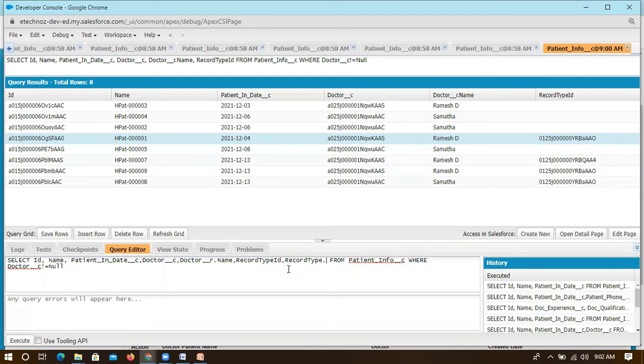After record type, you have to mention dot name, like we have mentioned here. If it is a custom field, we have to mention __r, which refers to the related object. So I'm capturing the related object's name information.